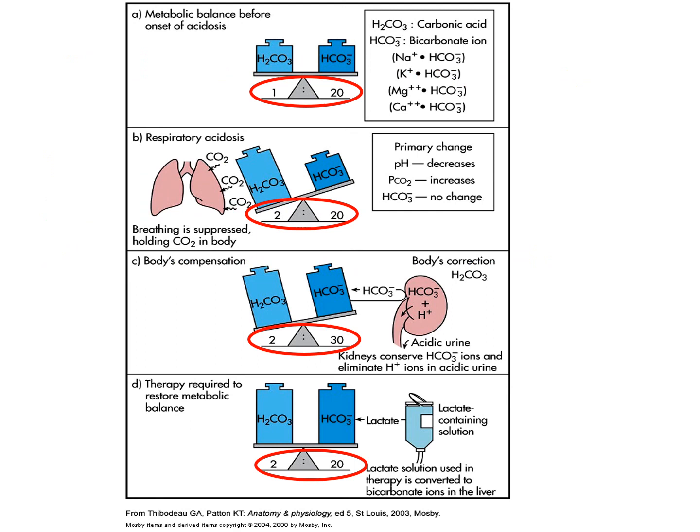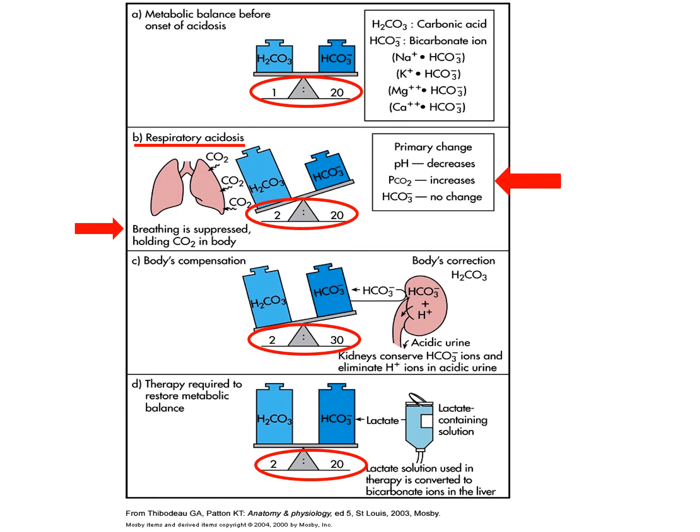As in the condition of isohydria prior to onset of respiratory acidosis, the normal ratio of carbonic acid to bicarbonate is 1:20. Respiratory acidosis is set in due to suppressed breathing as a result of any of the underlying reasons previously mentioned. This retention of carbon dioxide leads to an increase in the concentration of carbonic acid, shifting the ratio of carbonic acid to bicarbonate to 2:20. There is a fall in pH and an increase in partial pressure of carbon dioxide, while bicarbonate concentration